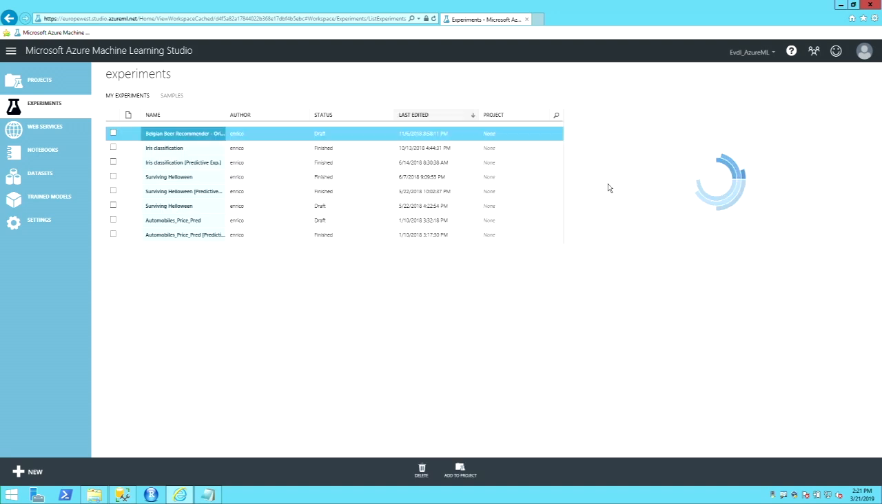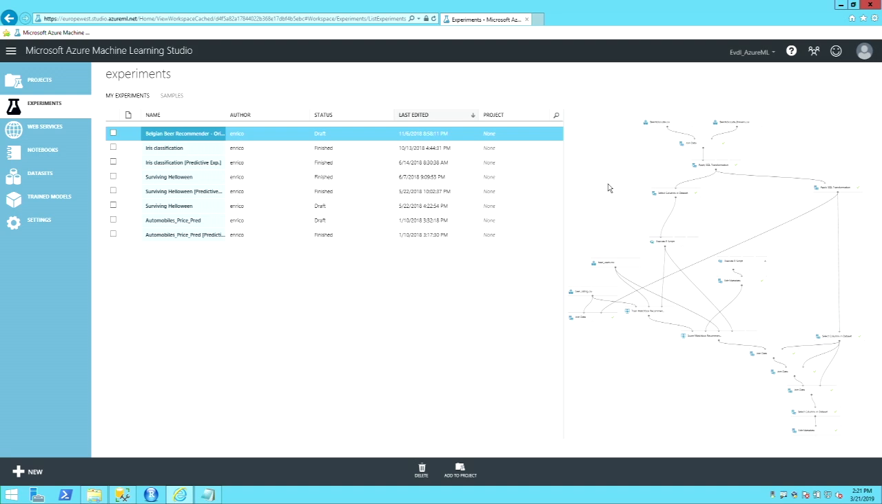And it will load all the experiments I already created. Don't look at the names or anything. The Belgian beer recommender is there for a very specific reason. I enjoy Belgian beers, and Azure Machine Learning helps me regularly by telling me what beer to drink next, which is very useful. The surviving Halloween one, we can look into that one later, but it will basically tell you